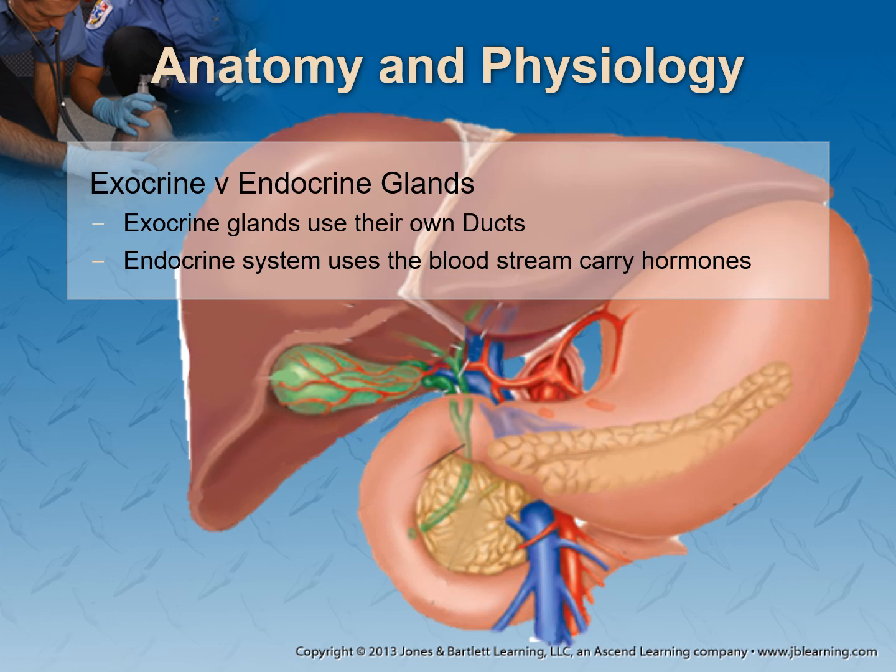The two terms that we learn right away are exocrine and endocrine. The endocrine, which we're talking about mostly today, is going to dump hormones into the bloodstream. The exocrine system uses its own ducts, so saliva ducts. When we talk about the pancreas, that's both endocrine and exocrine because it dumps insulin and glucagon and somatostatin into the bloodstream to work some endocrine stuff, but then it uses some duct work to release digestive enzymes down into the duodenum.